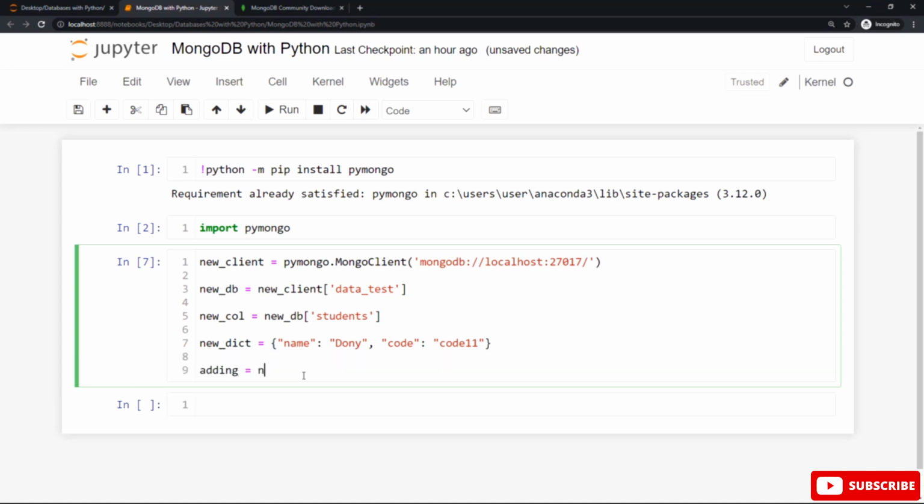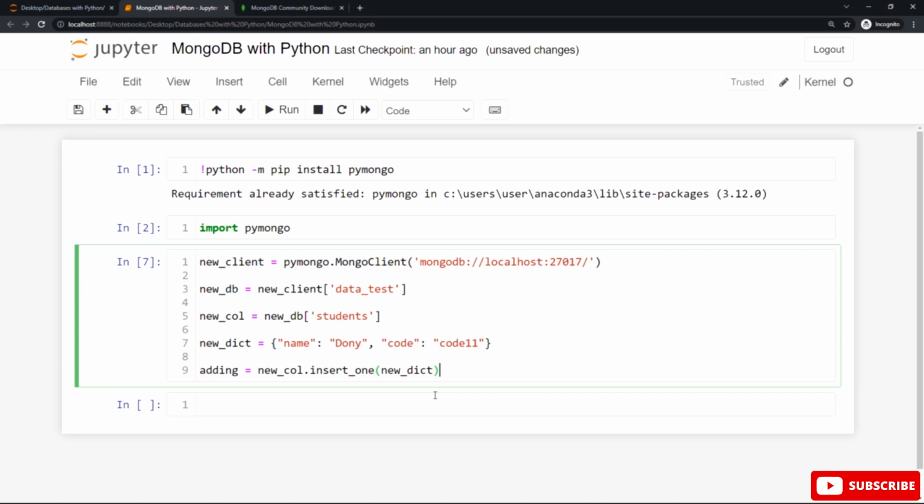Type adding equals new col dot insert one. The insert one function is used to insert our first document into the students collection. Our first document here is called new dict. This is the variable name that refers to the first document, and we put the variable name new dict inside the round braces of the insert one function.